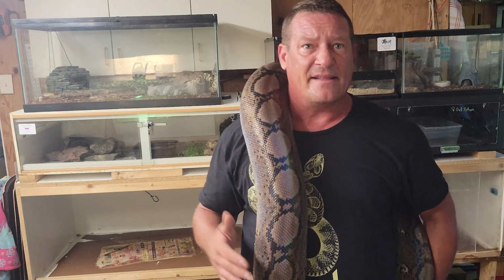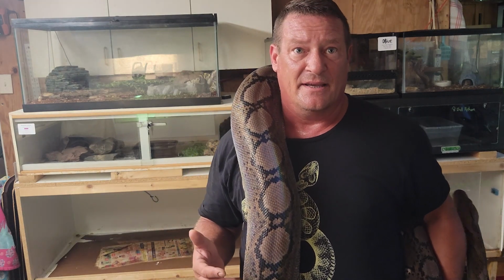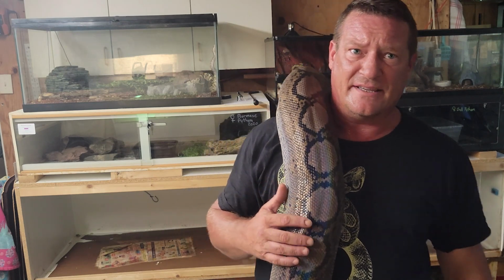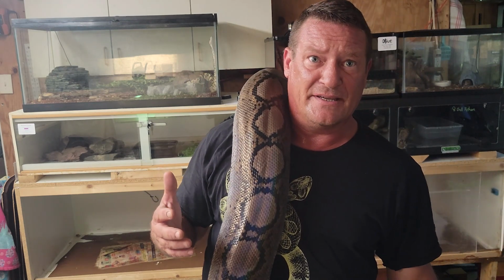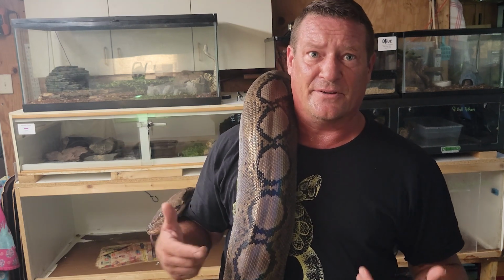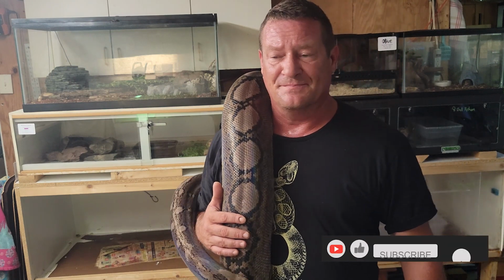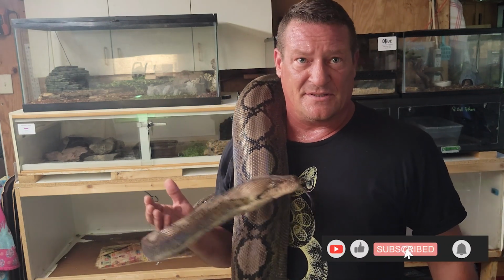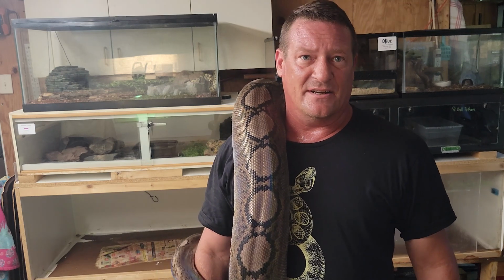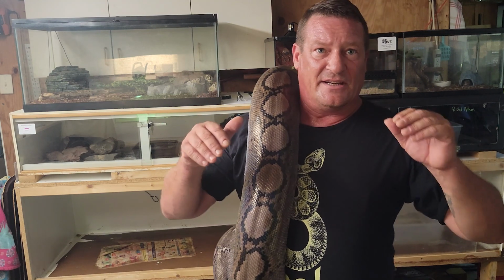Not that a 6-foot snake is necessarily going to be able to injure you really bad, but if you're inexperienced and you don't know how to read the snake and you don't know how to manage a bite, then even a 6-foot snake can really kind of throw you for a loop. And more experienced keepers, something that small is not going to be a big deal to manage. Okay, once you start getting up around 10-12 feet, something like that,